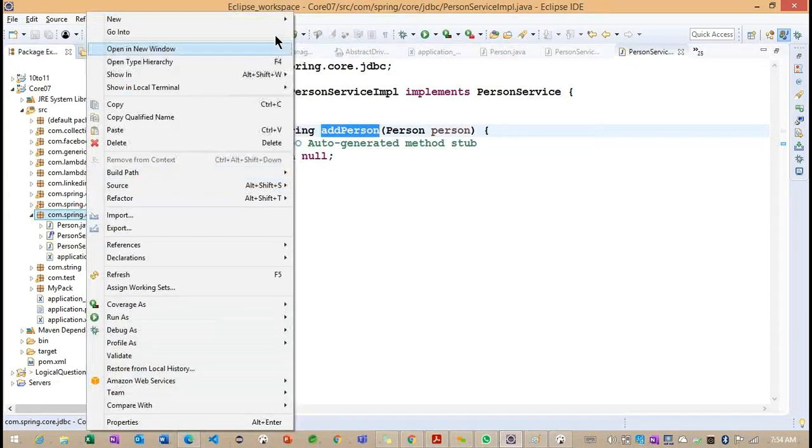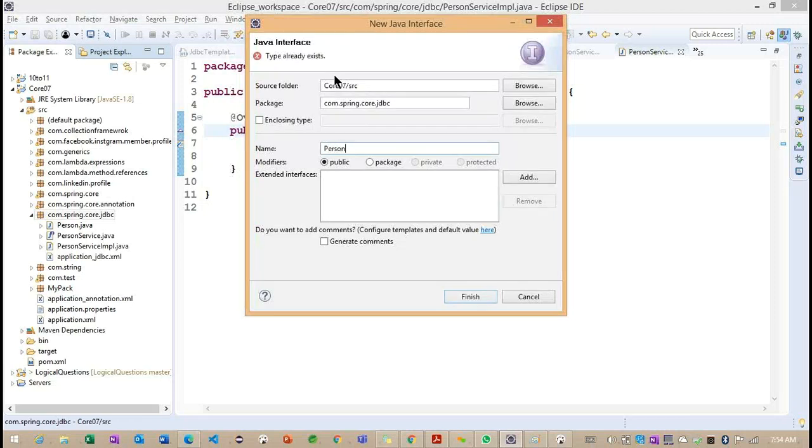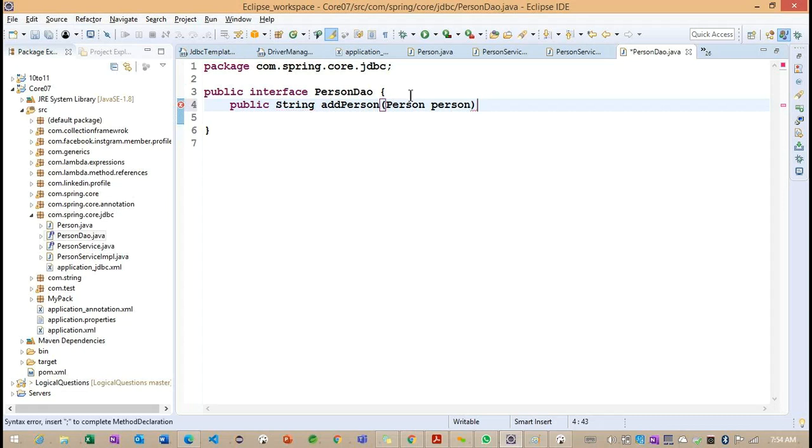Okay, and here now we'll connect our application with one more interface called person DAO. Inside this particular person DAO, public String add person, right?